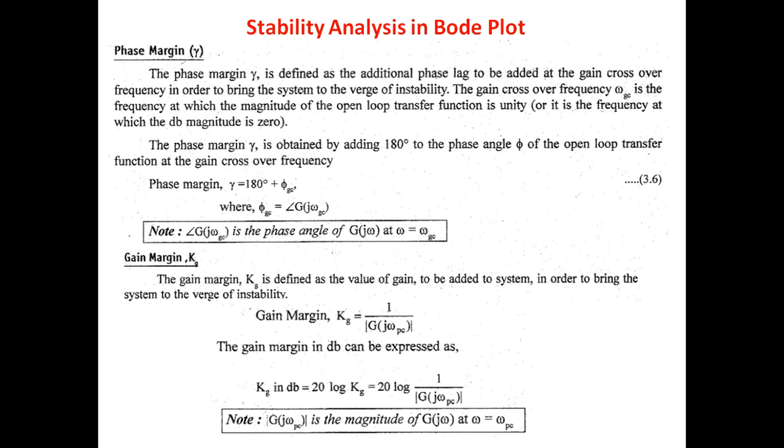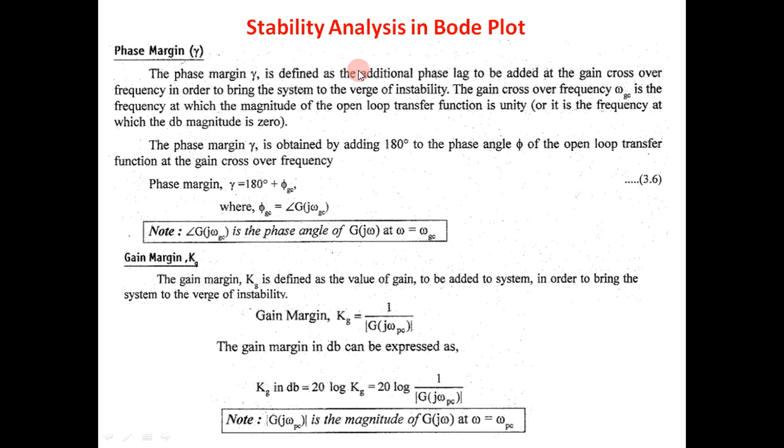If the amplification, that is gain, is not sufficient, the frequency response plot shows how much gain we can increase without making the system unstable by using gain margin. In the same way, if we didn't attain the required phase angle, the phase response shows how to increase or decrease the phase without making the system unstable by using phase margin. Let us go to the concepts and definitions of stability analysis in Bode plot.